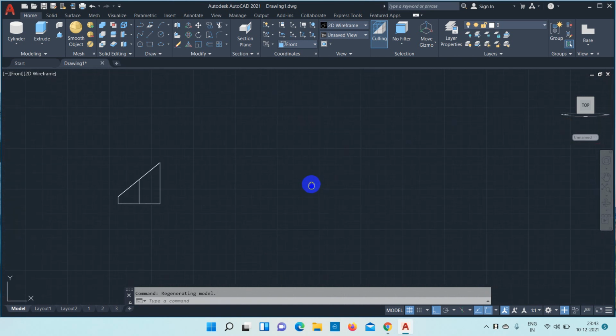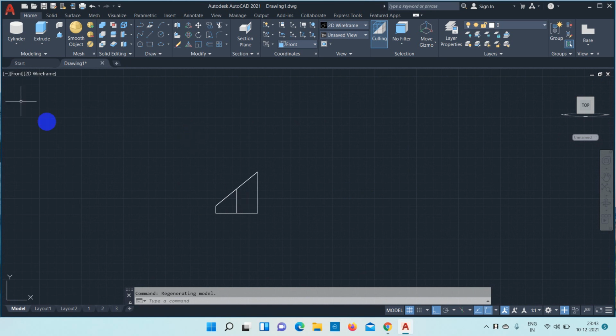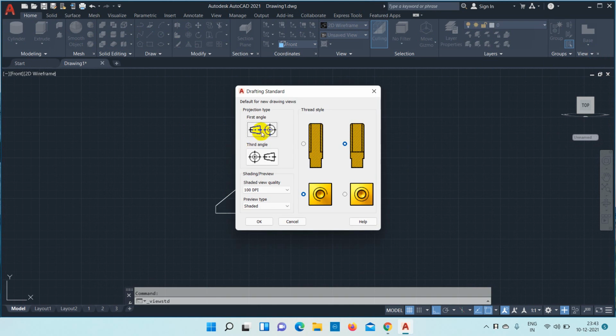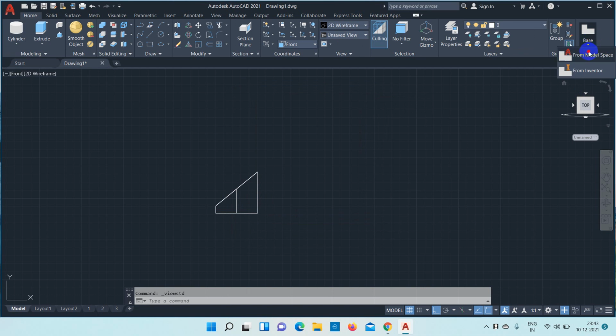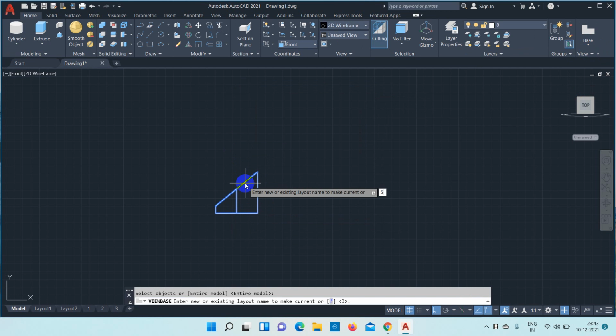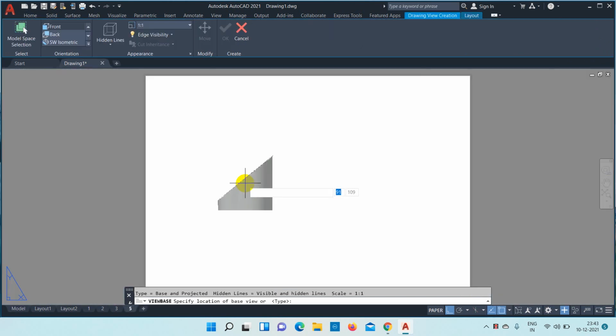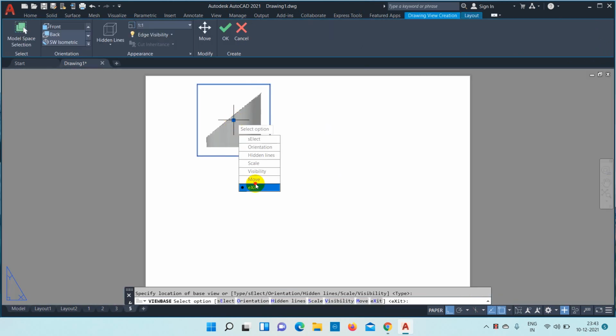Now extract it to the layout, click view, first set first angle projection, click base from model space, select the object, enter, layout name I am giving as 5, exit.